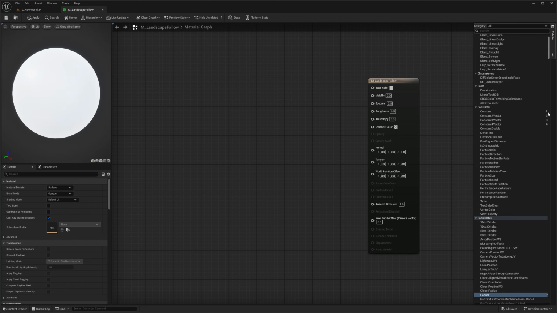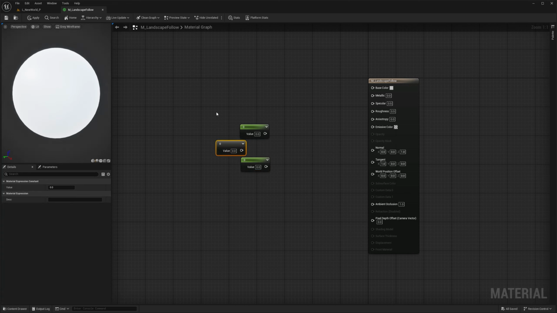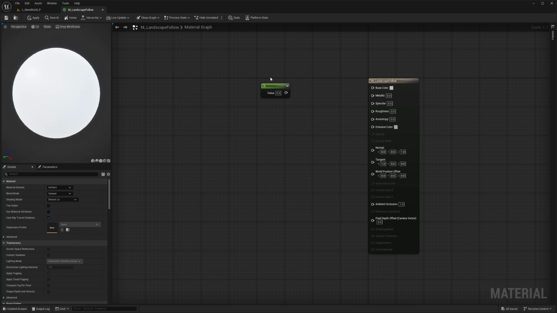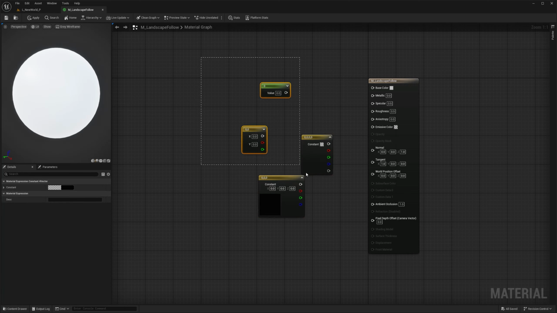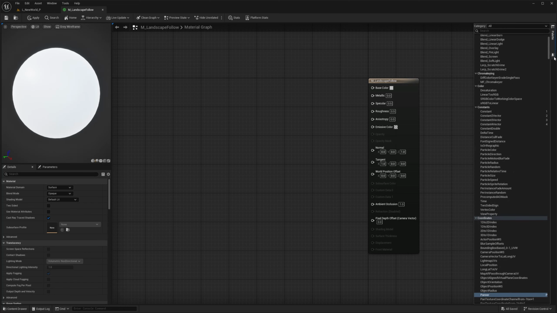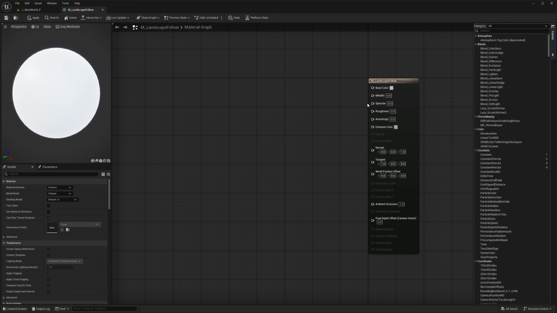So if you see here the constant, if I hold 1 on my keyboard and I press the left mouse click, every time I press it, it's going to create that node for us, right? So that's a constant vector 1. If you hold 2, do this, 3, 4, so on. Maybe you'd like to use this, so you can just open and click that thing there so it stays open all the time, and you can use the search to find whatever you want. I personally do not like it, but I know some people do.